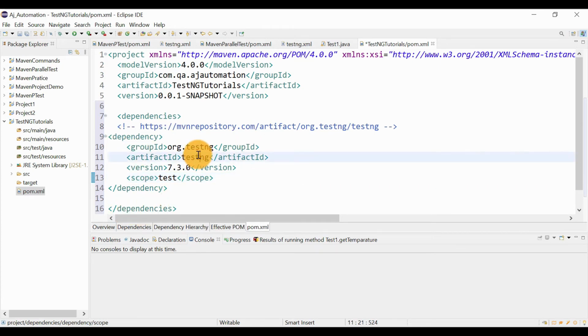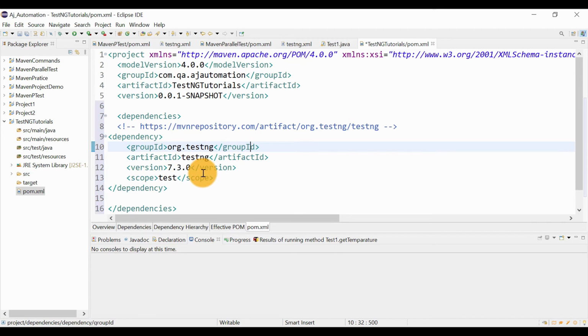So let's see what we have in the dependency of TestNG. There is a group ID org.testng, just like our project. It has some group ID, it has some artifact ID. This is the project name, and this is the version 7.3.0, and this is the scope. Currently we do not have any Maven repository or any jar files in your project. The moment you save this pom.xml file, it will go to the Maven repository website and bring all the necessary jar files related to TestNG. That will be added in your project automatically, and those jar files will be available in the .m2 repository on your local machine.